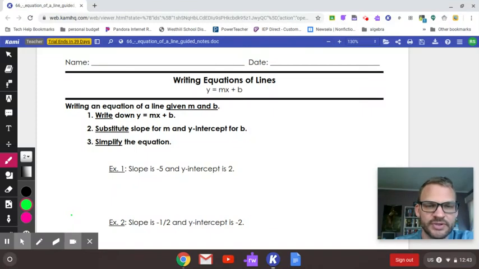Hello everyone. So for this week, we're going to work on writing equations of lines. And the general equation for a line is y equals mx plus b. So what we have to substitute in is our m, which is our slope, and our y-intercept, which is b. So if we look at our first equation here,